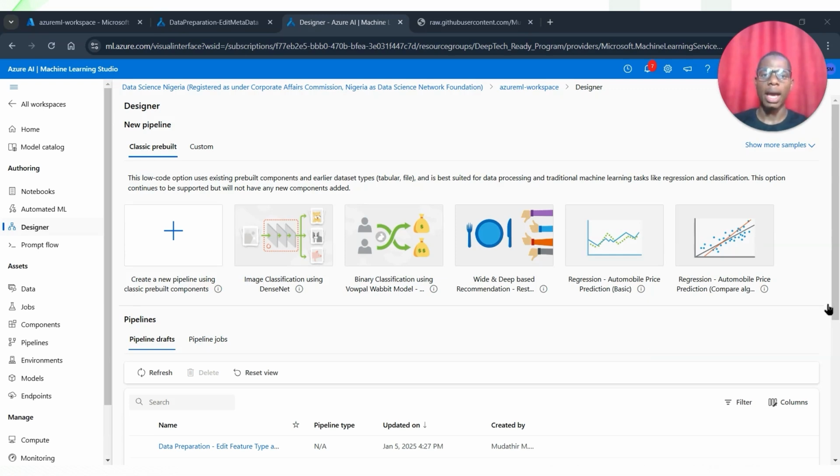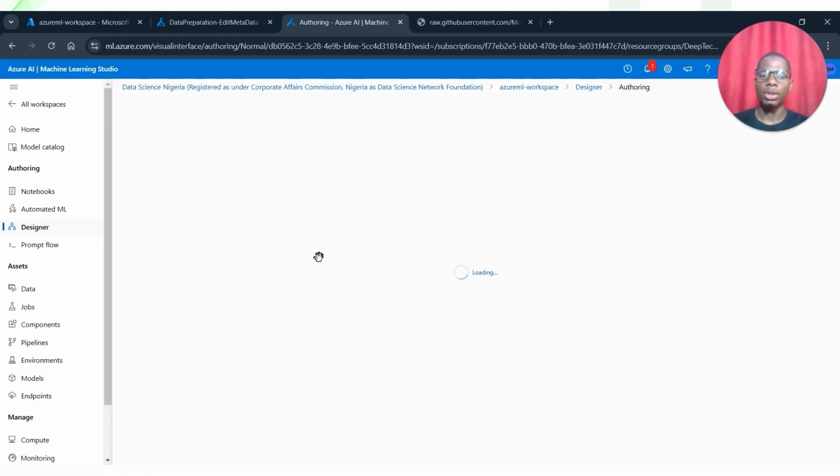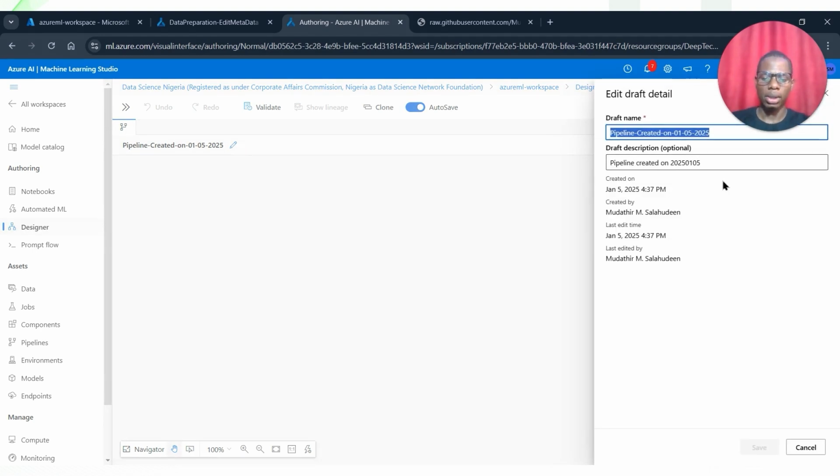Next, we're going to be learning how to change data types and feature types as well. So let's get right into it. We're going to create a new pipeline by clicking the plus button, and we're going to pull in the same data set that we used before. Always remember to rename your pipelines. So this is data preparation,